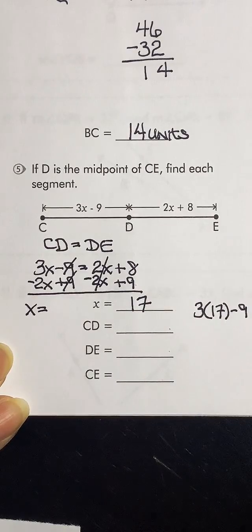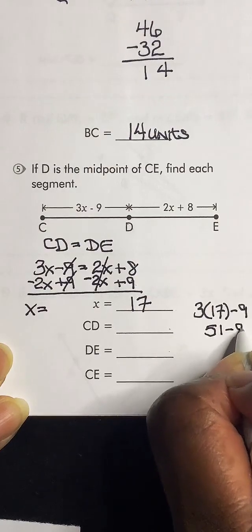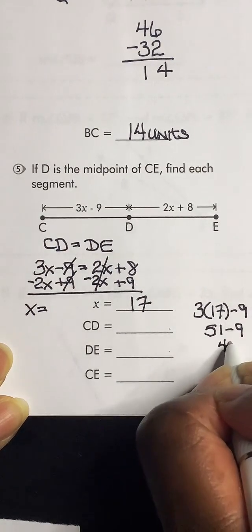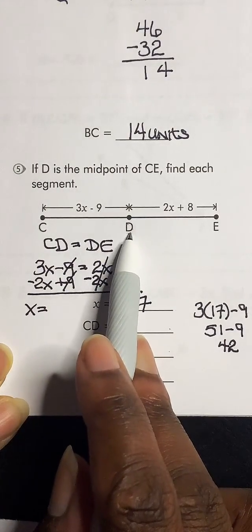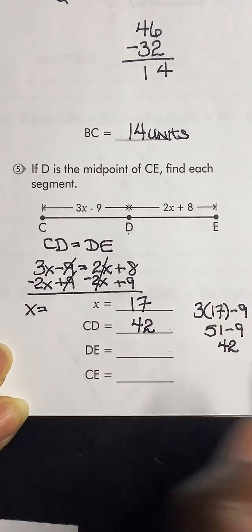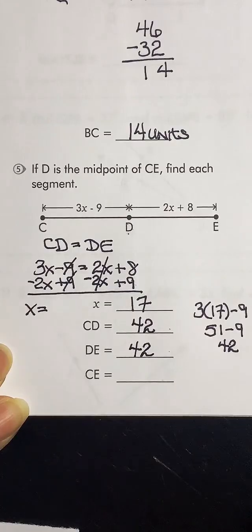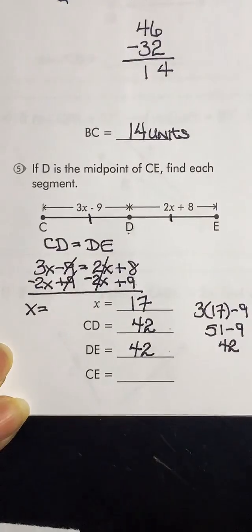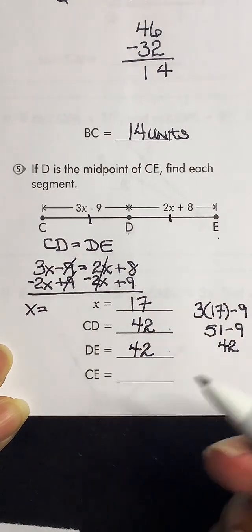So we got our 51 minus 9, and that gives us 42. So since D is my midpoint, that means CD is going to be 42 units, and DE is also going to be 42 units. If it's a midpoint, that means this and this are exactly the same. So CE is basically adding these two up, which gives you